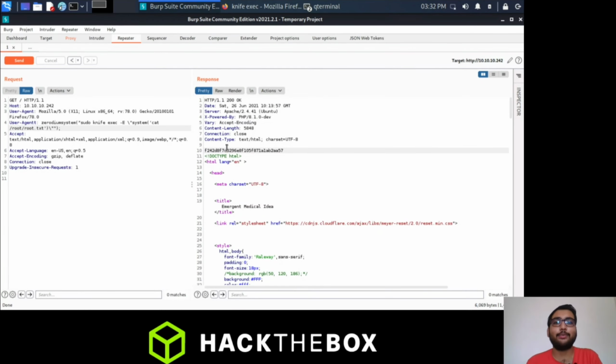So it was a pretty easy box, nothing much. We need to first check which PHP server it was running, and as it was running the PHP 8.1.0 dev version, we just Googled it, and we can see that there were a few exploits available, and we just researched the vulnerability. So nothing was special in that vulnerability. The 0dm backdoor was present, so we just exploited it, and we got our user privilege, and then we escalated our privilege and got the root flag using the knife command. So yeah, that was it.